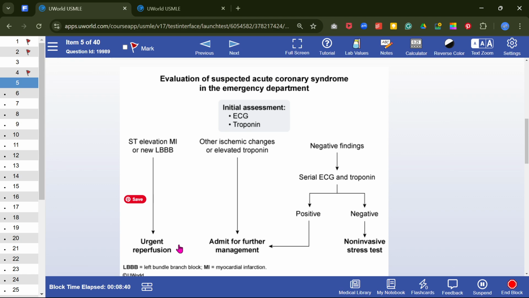Wait. Why are you sending the patient to the cardiac catheterization unit? You haven't diagnosed the ST elevated MI. This is normal. So you think a patient comes to you, ECG is normal, but you feel that the pain looks like cardiac pain. So what will you do? Initially, if the patient comes early, ECG may be normal.